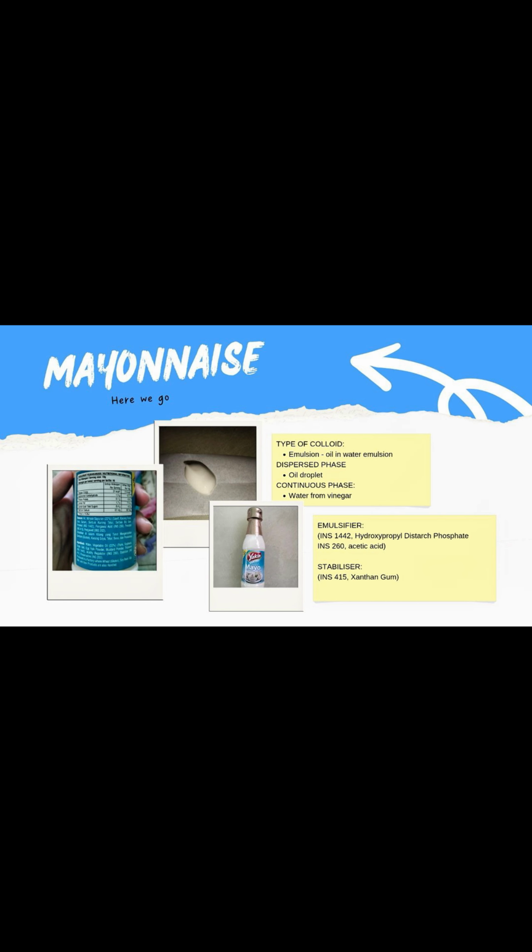Here we go. Next is the mayonnaise, whose type of colloid is oil and water emulsion. The oil droplets are the dispersed phase and the water from vinegar is the continuous phase. There are two emulsifiers used in this mayonnaise, which are hydroxyl diphosphate and also acetic acid, and the stabilizer used